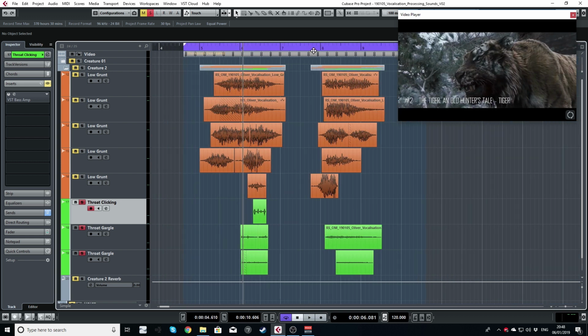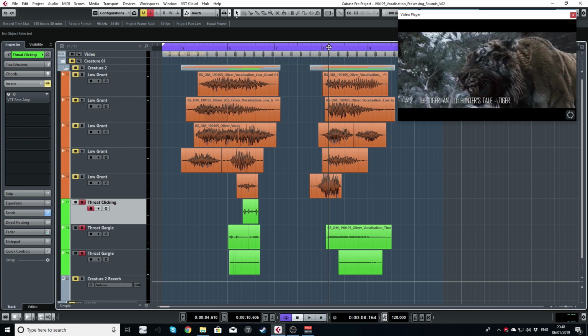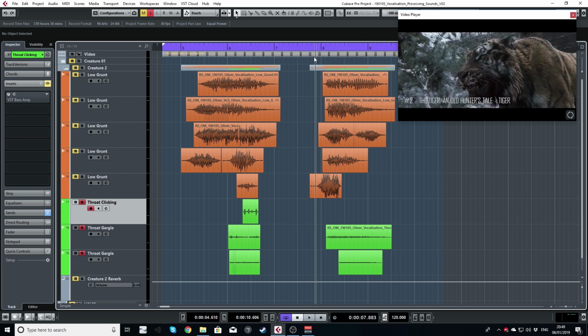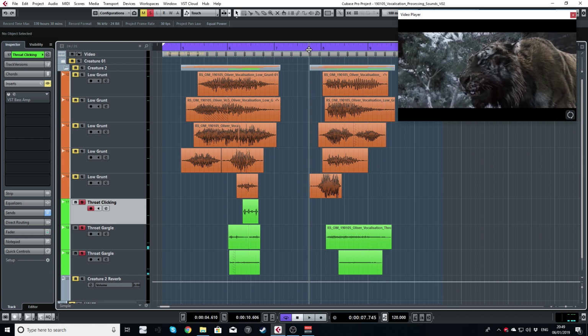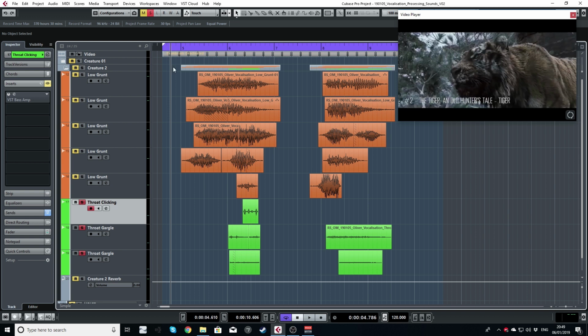I'll play the second one as well. And I was just trying to follow the shape of the creature's mouth. That's why it's really great to have reference videos that you can copy the movement from the creatures. It's not copying the sounds, the original sounds at all. It's basically just using the creature's face and its body as a reference for how you want to manipulate the sound. So if I add all of these together without the reverb,